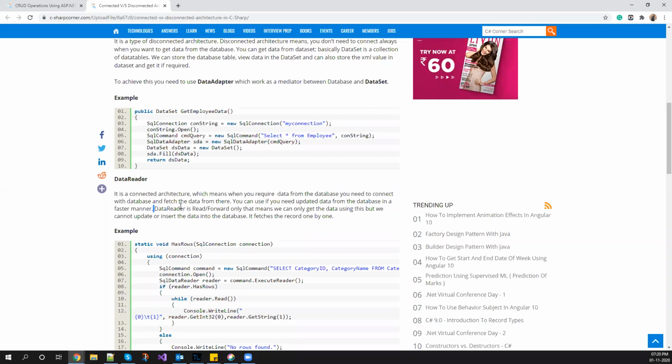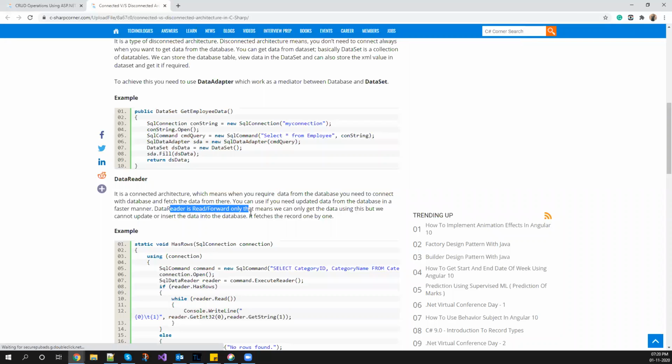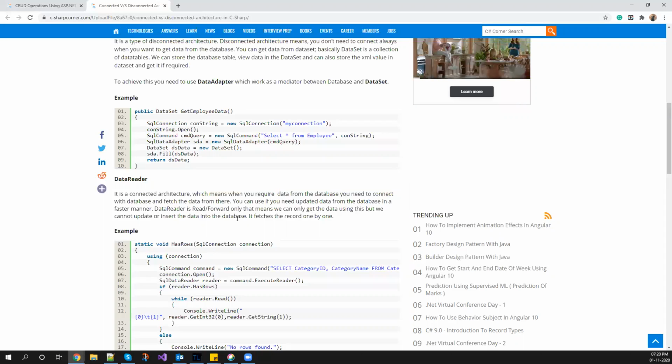It is not very good in performance. And it is always read forward. I will explain what a data reader is in a minute, but connected architecture is always in read forward mode, meaning you can only read data, but you cannot update data. It only fetches records one by one. And the data reader is how you work in the connected architecture.